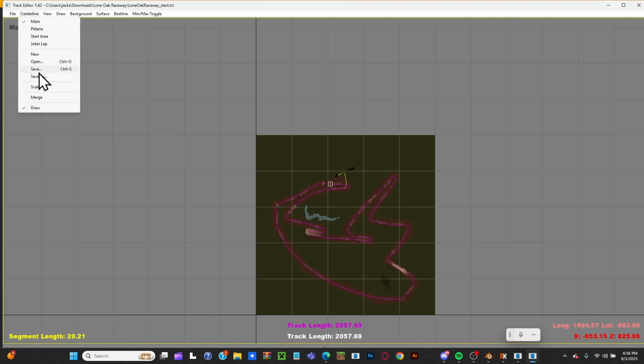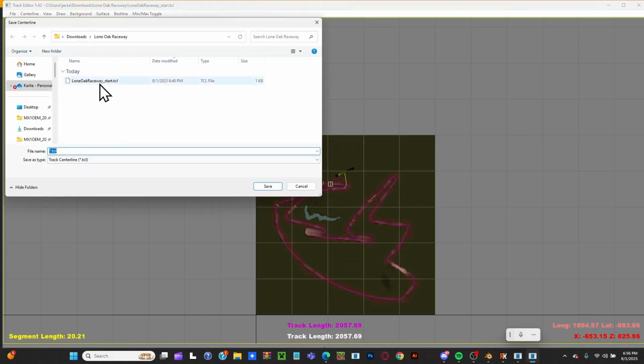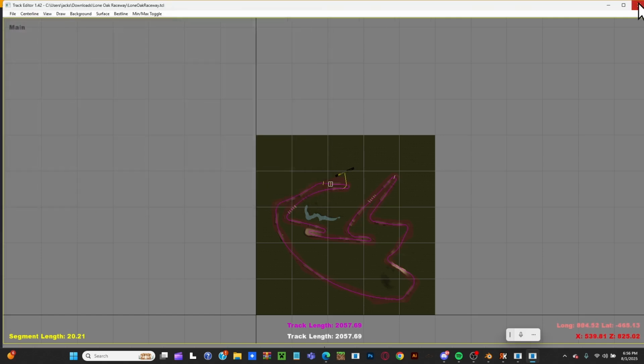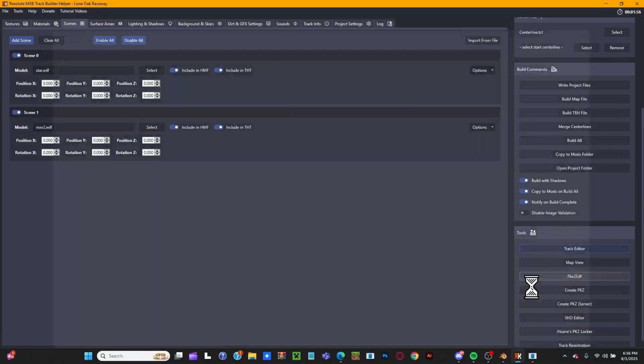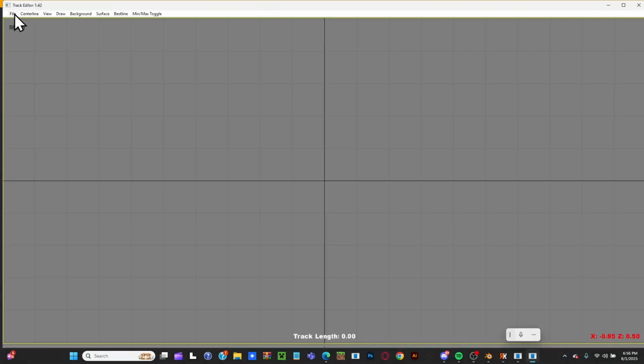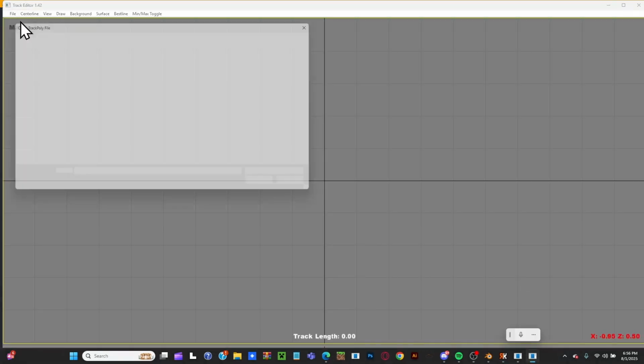Center line, save as, same thing, but without start. Boom, save, close this out, reopen it, file, load,